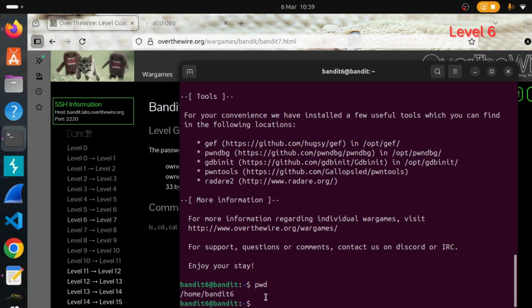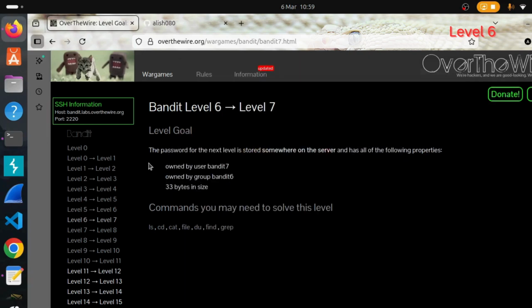Now let's see the goal. The password for the next level is stored somewhere on the server, okay? That means in root, and has all the following properties. It is owned by user bandit7, owned by group bandit6, and 33 bytes in size. Okay,